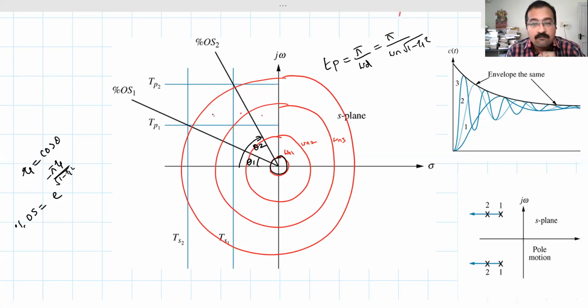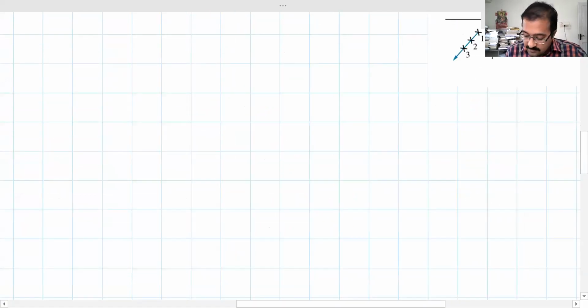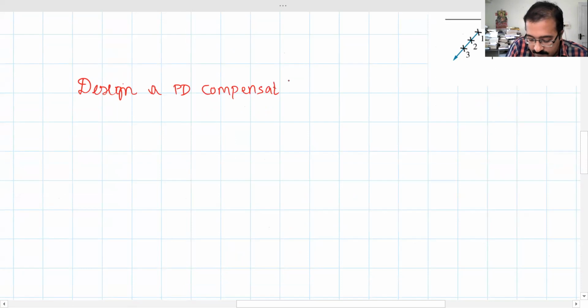So now we will take up one or two problems on compensator design. Assume that we are given a problem like this: design a PD compensator to yield 16% overshoot